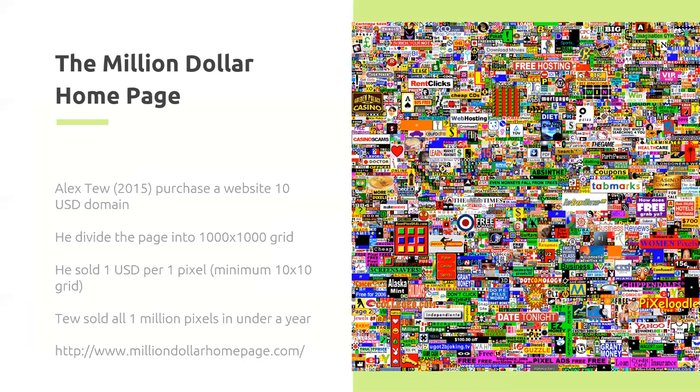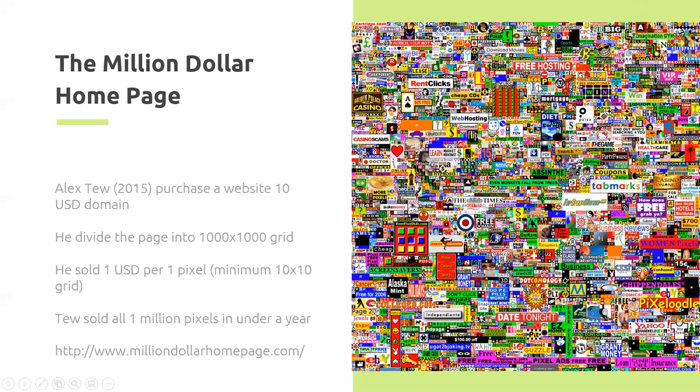All right, think about this one. Imagine, this is very creative. Alex Tew in 2005 purchased a website domain that cost him $10 US. Very cheap, right? He simply divided that page into a 1000 times 1000 grid. He sold 1 USD per pixel, with a minimum of a 10 times 10 grid. So it depends on the icon or the image that you choose in here. If you choose a small one like this, this is probably a 10 times 10 grid. So you have to pay $10 if you want